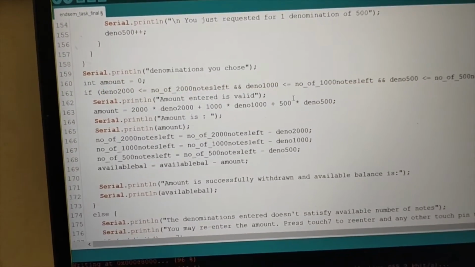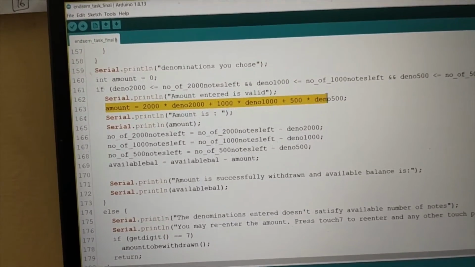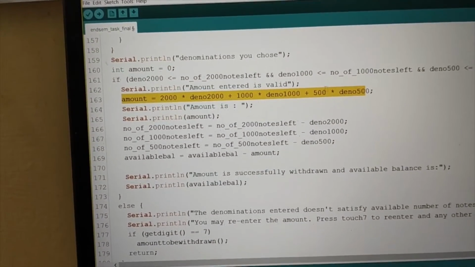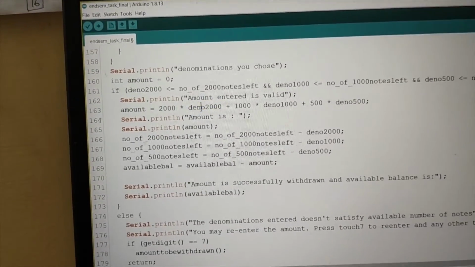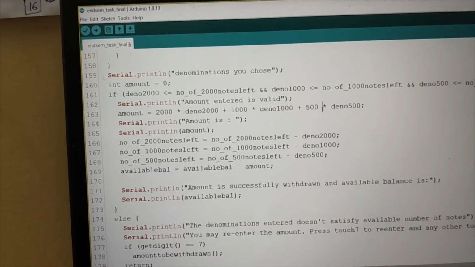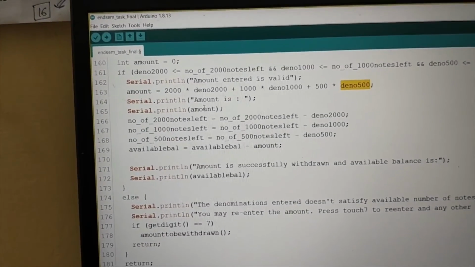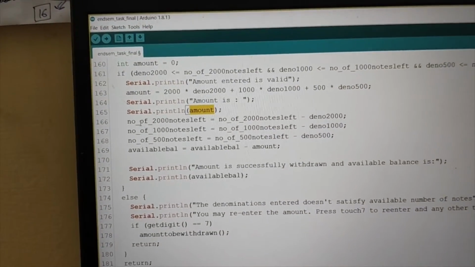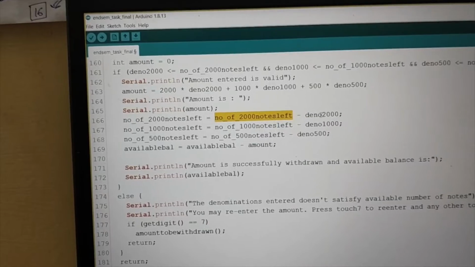The amount which the user entered would be 2000 times the number of notes chosen for 2000 rupees, plus 1000 times the number of notes chosen for 1000 rupees, plus 500 times the number of notes chosen for 500. So the amount is this, and the number of notes left will be calculated by this subtraction,